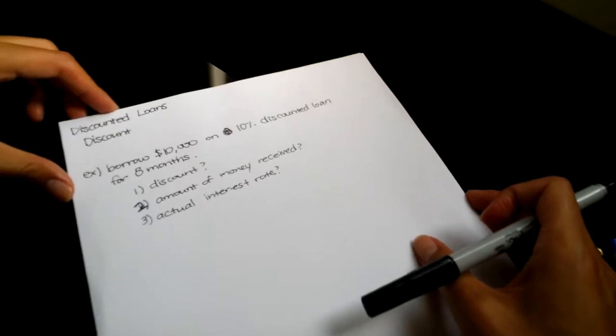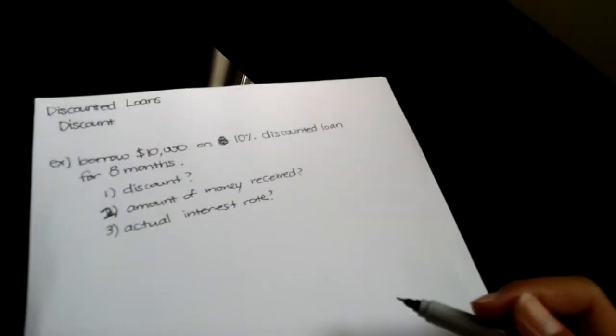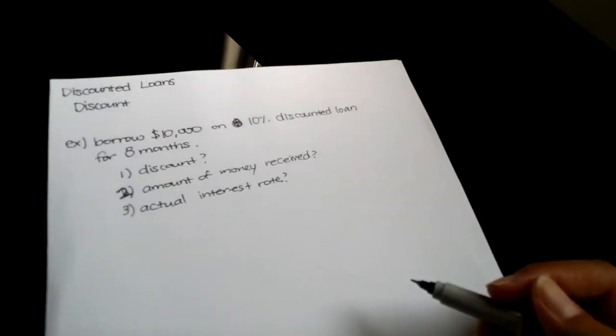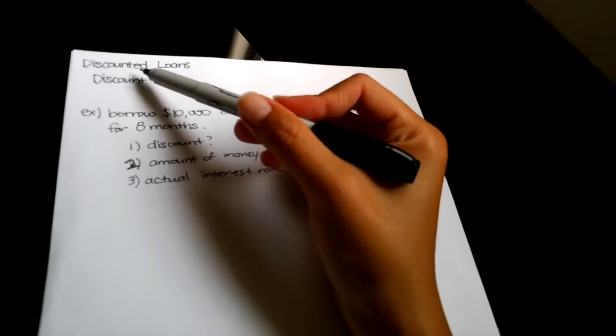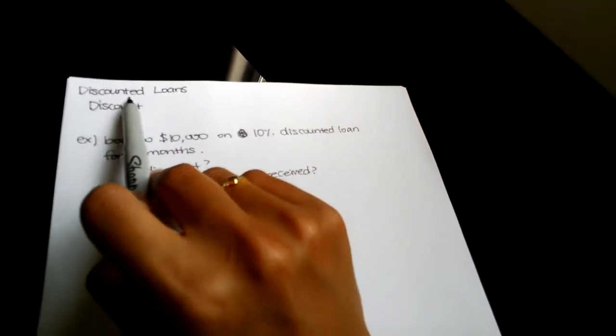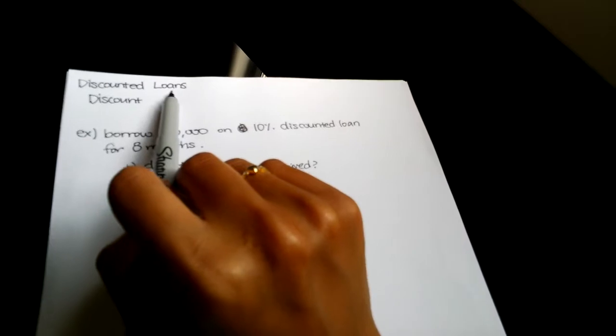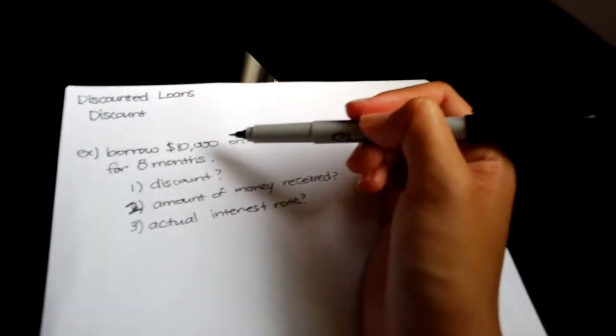The next part of the simple interest section is discounted loans. The wording of it seems like you're getting a good deal because we normally associate discounts with some sort of savings on your behalf, right? But for this one, discounted loans, all it means is that the interest is taken out before you receive the